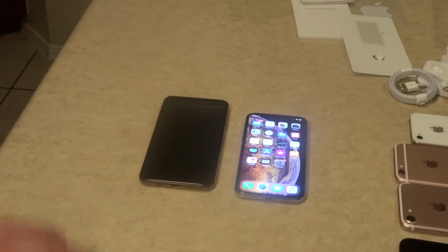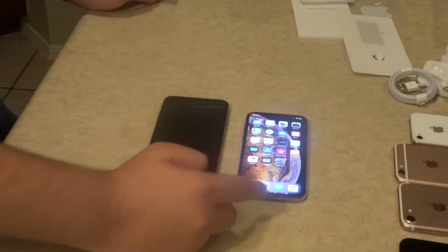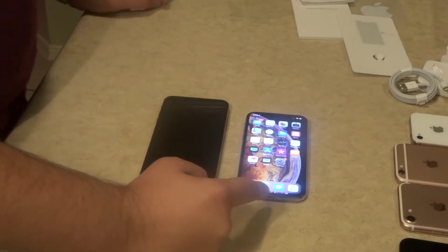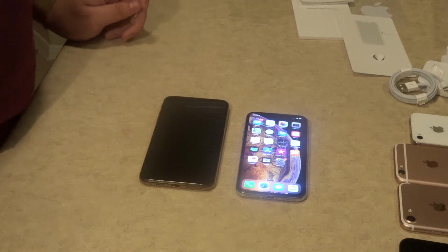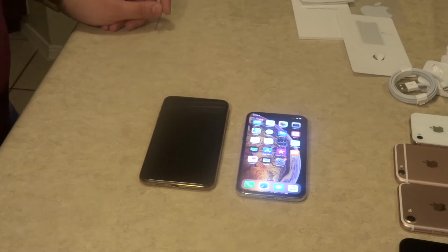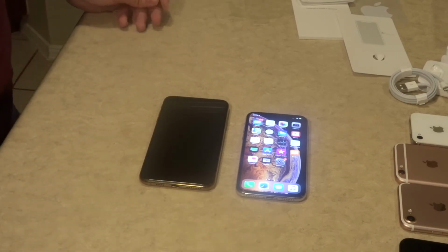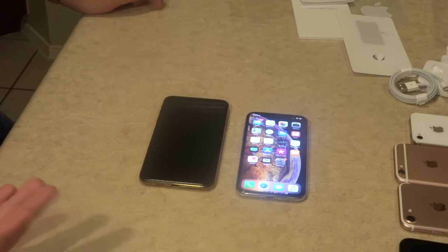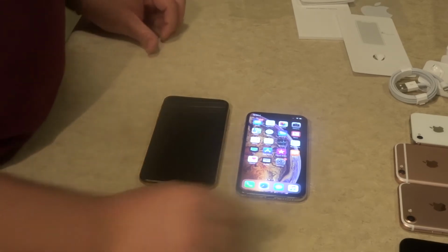And of course it is not an OLED, and surprisingly it's bigger than the 5.8-inch XS, which is weird, but it is still an LCD display. They're calling it a liquid retina display, something like that. Everyone's complaining about the pixels per square inch, the PPI, that it's really low resolution for 2018 standards, and that is true, but if you had any of these other phones,